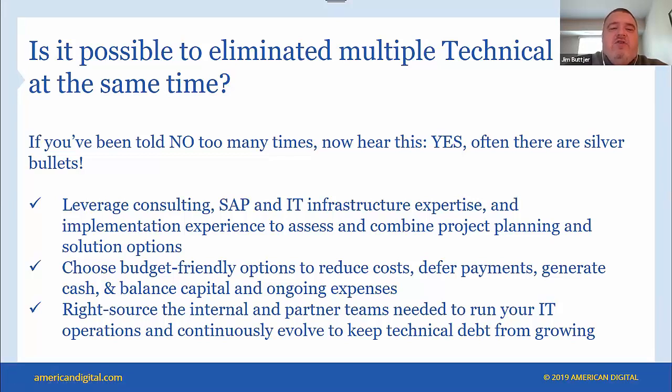So I just want to mention the second bullet there, that even though we talk about technology, yes, we're also financially savvy. And there are ways to help you. For instance, if you already spent or allocated your budget for this year, we still need to get things done. We do have ways to help you defer payments, reduce your costs, maybe even free up some cash, and help you decide whether or not something you might otherwise consider to be capital might be able to be categorized as, say, ongoing expense, or vice versa, right? Whatever makes sense for your organization.